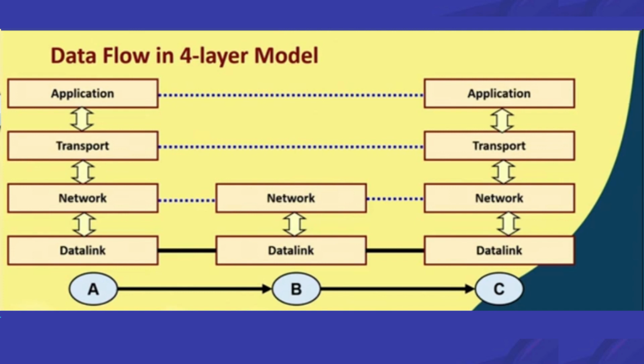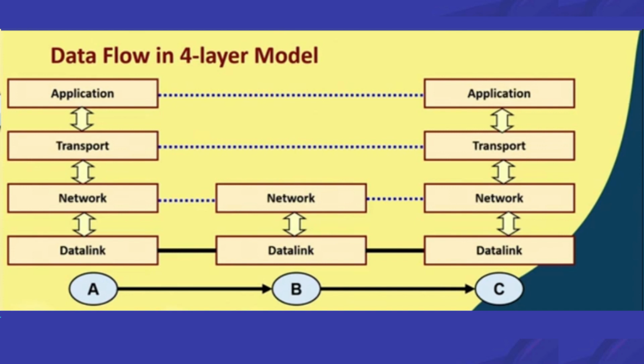Now, this intermediate node B receives the frame here, sends it up to the network layer, takes a decision where to forward the packet next, and accordingly it sends it down to the data link layer of the outgoing link. B may be having several outgoing links. There will be one data link corresponding to every outgoing link. So, it will be sending out to the data link corresponding to the correct outgoing link, and the frame will be going there, received, and it will be traversing the reverse direction and finally to some application in the destination